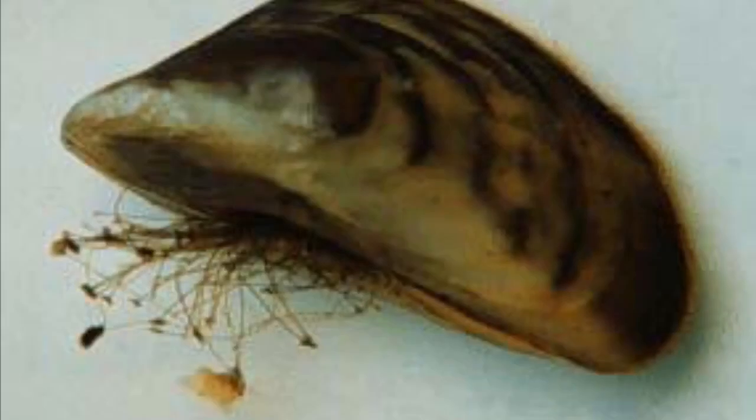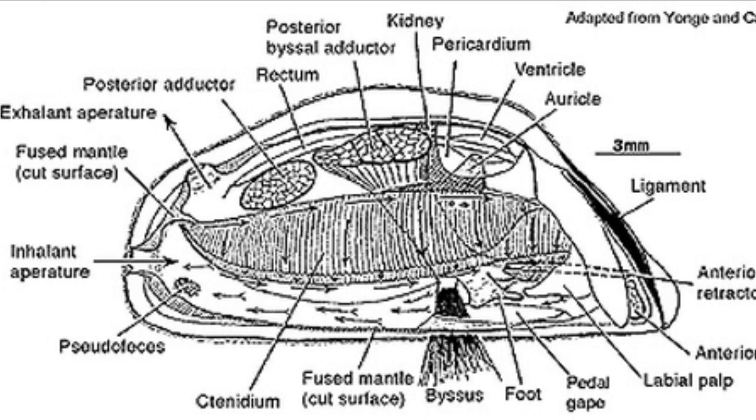A zebra mussel's byssal threads allow it to attach to any hard surface. Zebra mussels also have a mouth, stomach, intestines, rectum, and anus. The respiratory system consists of an incurrent siphon which leads to the ctenidium to filter oxygen out of the water, and then it ejects water and carbon dioxide out of its excurrent siphon. The vascular system consists of a pericardial cavity containing the atrium and ventricle of the heart, which pumps blood throughout